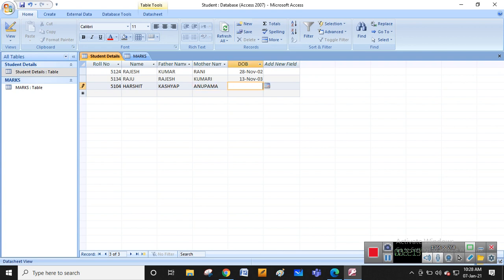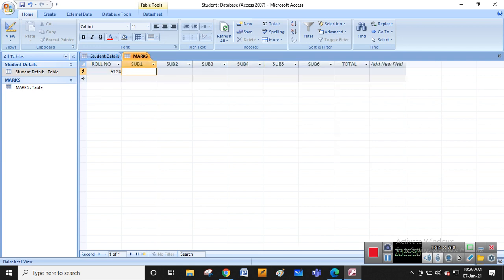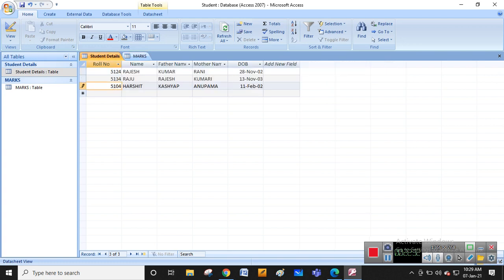Given some data, you can give any data. It's not that I am giving this data only. So three records I entered, and I'm entering the marks of the same data. 5124, 5135.